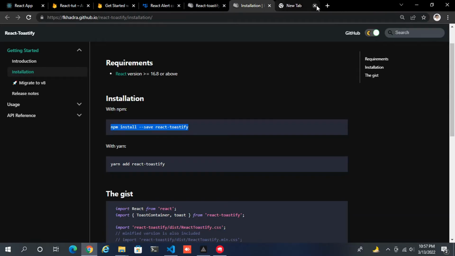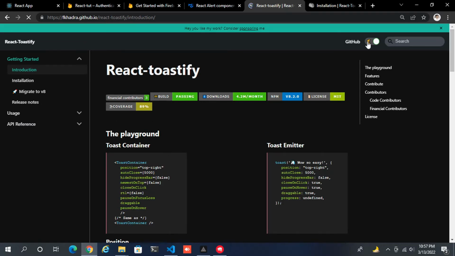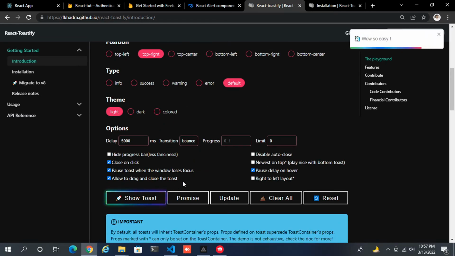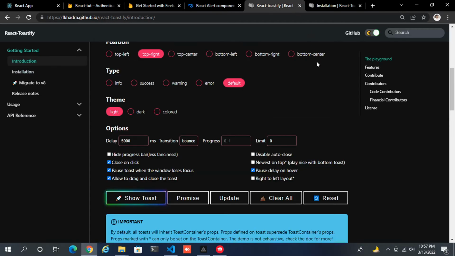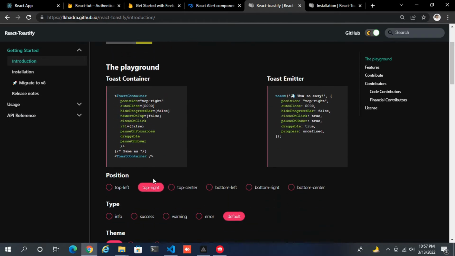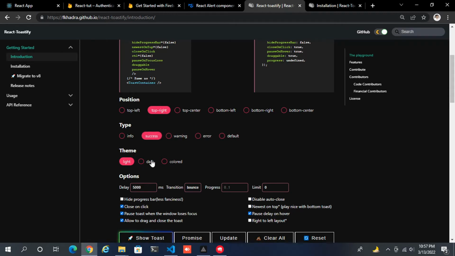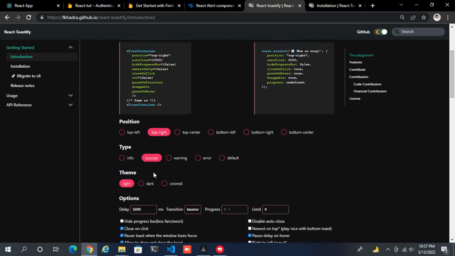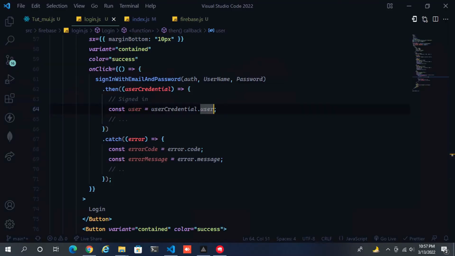This is totally optional because this just gives us some toasts, something like, let me show you, yeah, something like this. So in order to do this, we need to install this package. I won't install it right now because I have already installed it, and we need to specify all the stuff here. So I need this from top right. This would be a success one, and light, and we got the toast container. We need to copy this toast container,